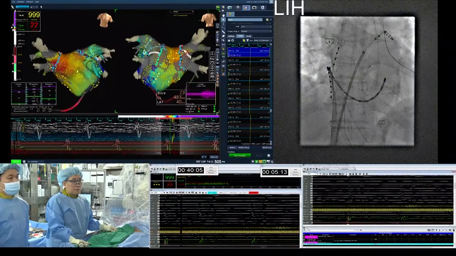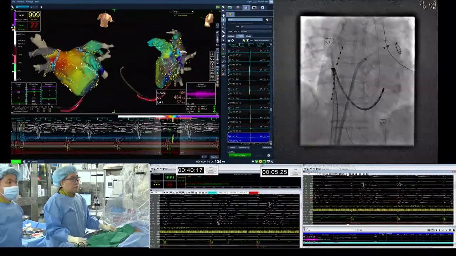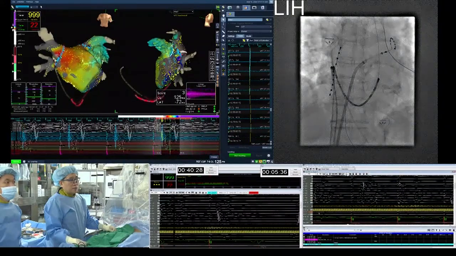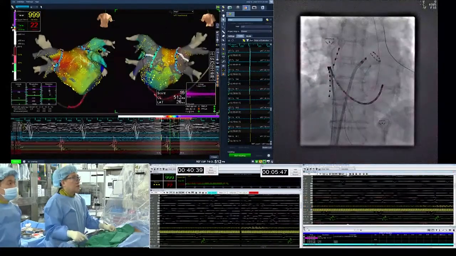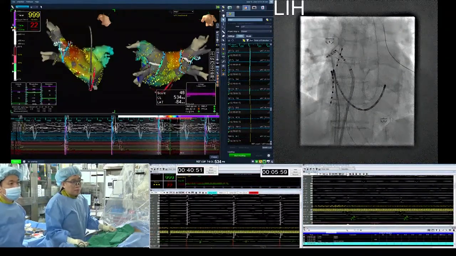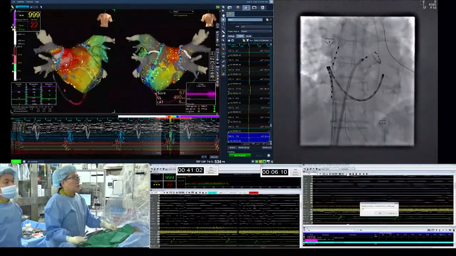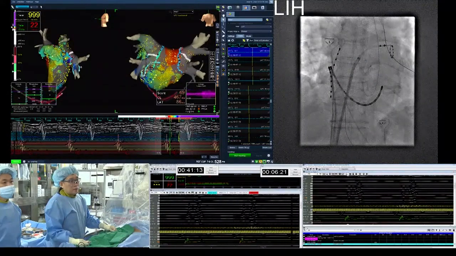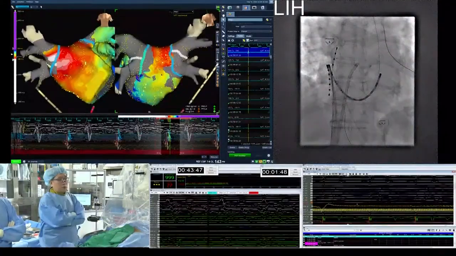Then I measure the interval from distal CS pacing, this is pacing, and change the position of the ring catheter to the appendage. I compare the distance between the pacing artifact and the signal. If it is the same in the appendage signal and the PV far-field signal, it's okay. Sometimes we see the SVC far-field potential. We differentiate by SVC pacing. So we confirmed every 4 pulmonary veins are isolated successfully without any touch of ablation.